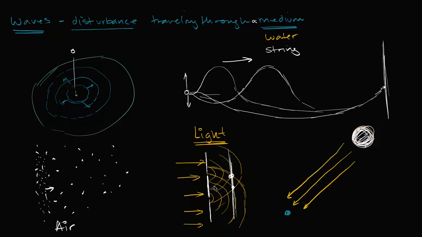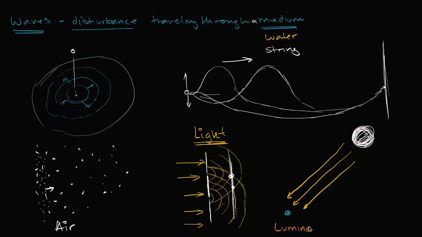Is it a disturbance traveling through a medium? Well, for a long time, people said, well, it must be. It has these wave-like properties. It seems to be traveling with a velocity, the speed of light. So there must be a medium that it is traveling through. And people theorized what this medium is. They called it the luminiferous ether. Let me write that down because it's a fun word. It's a good name for a band. Luminiferous,